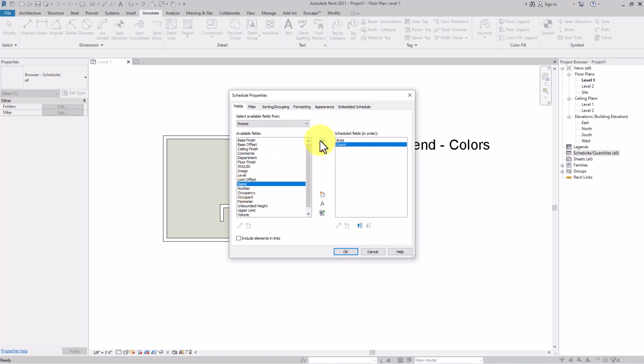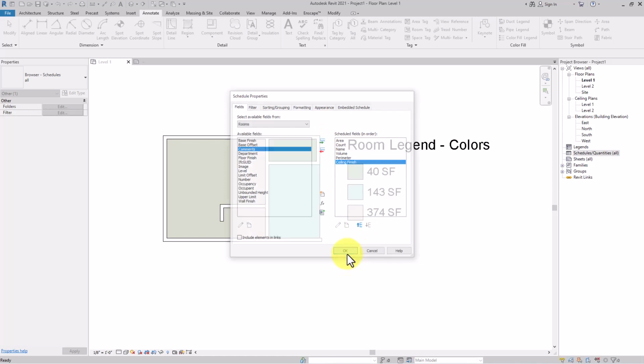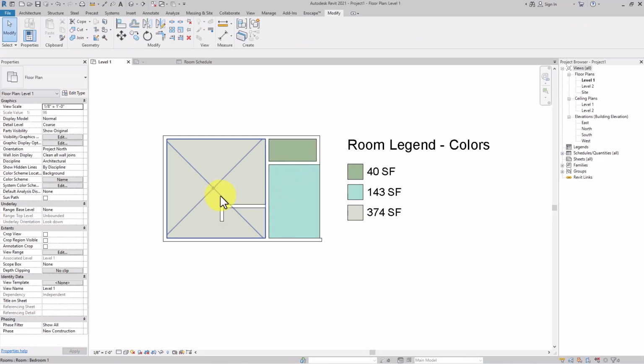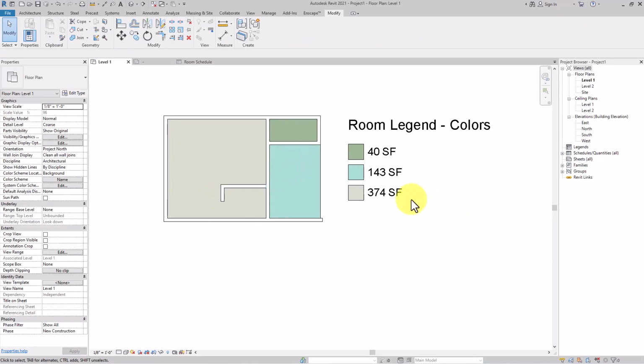The name, of course, I want. Number I don't want. If you want volume, you can add volume as well. If it's calculated parameters, if you want, you can also take this one. And this is all about it if you want to save ceiling finish. If you want to, you can also add this one. You can change the value up and down from here. Just click OK. So a new schedule will be created. And here you can see the area and the count; we have only one. So that's how we can create the room and how we can create the schedule from this,